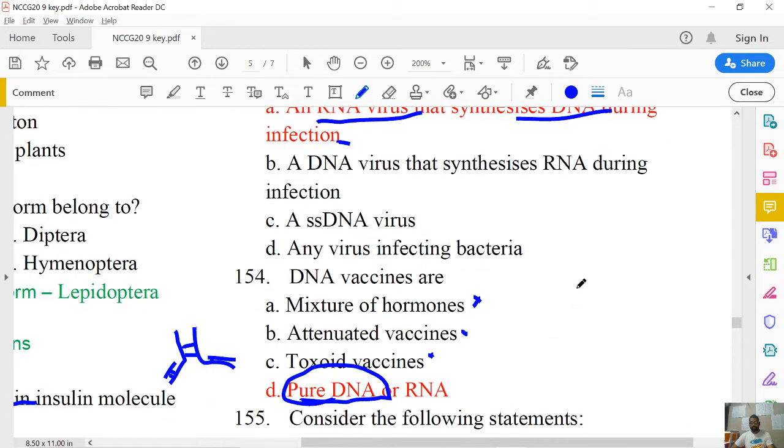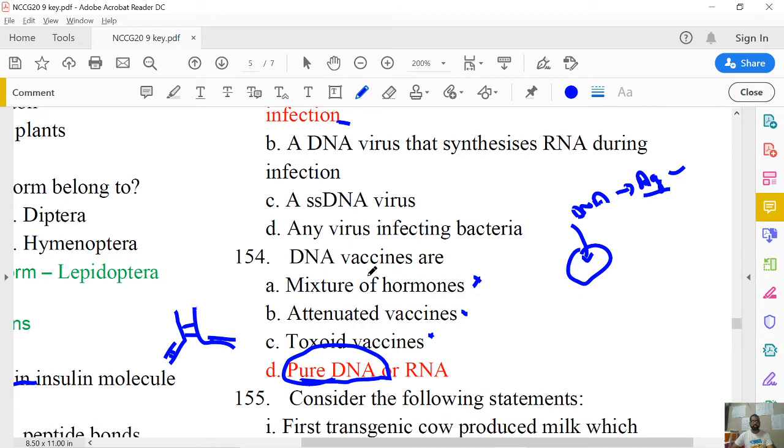When, for example, I want to introduce a specific antigen into one person, say a muscle cell is there, this is muscle. You can introduce the DNA directly into the muscle cell. This DNA is able to produce antigen. The same principle as we see for attenuated vaccine or killed vaccine or toxoid, whatever it is: the antigen has to be introduced for stimulating the immune system. So here the DNA is introduced. This DNA is able to synthesize the antigen. Therefore, it will stimulate the immune system. That's what the DNA vaccine is.